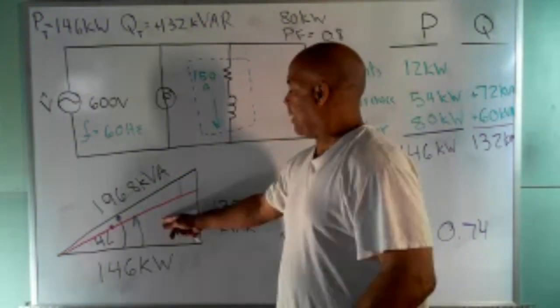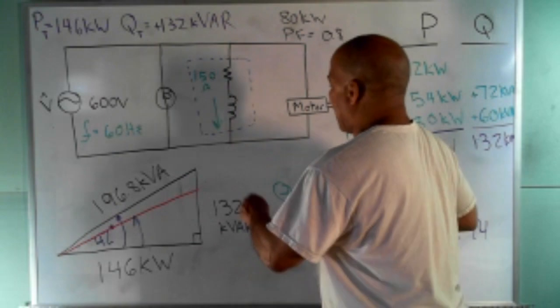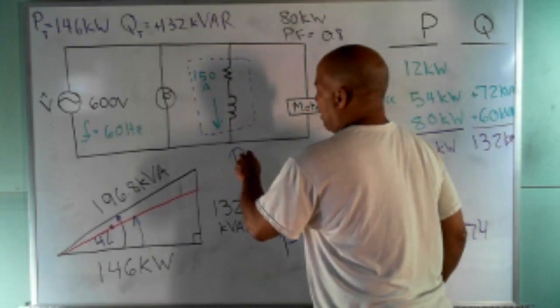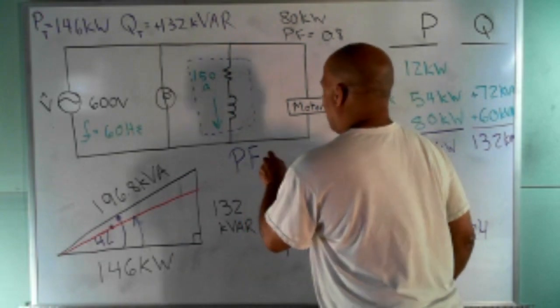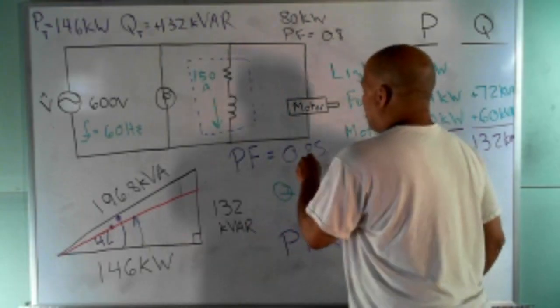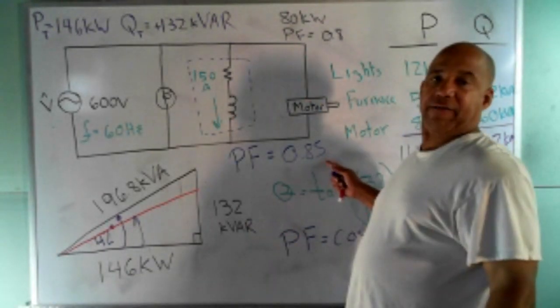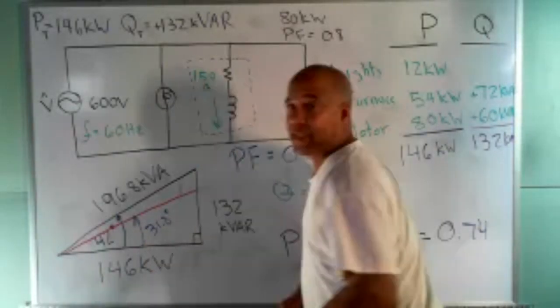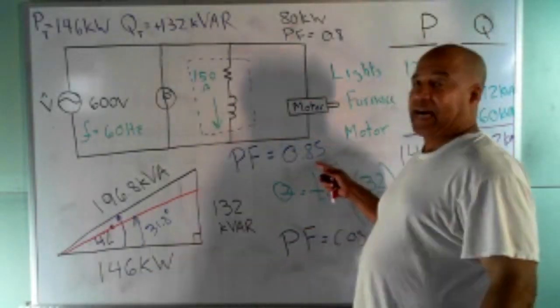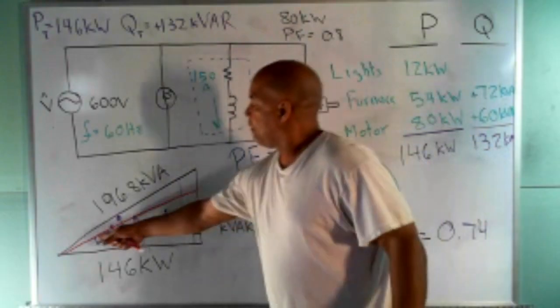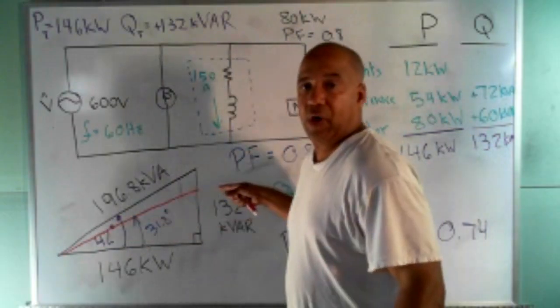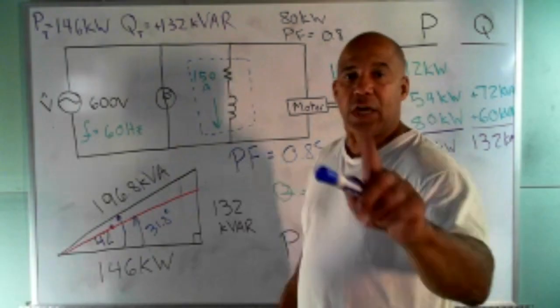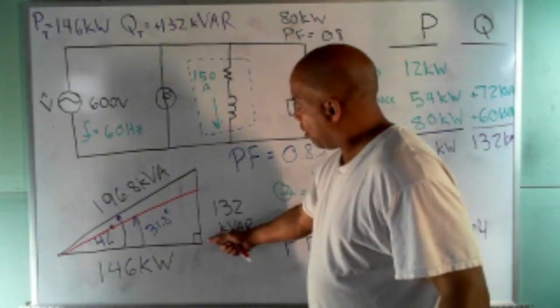And that new angle is going to be, well, my power factor is going to be 0.85. What angle is associated with 0.85? Figure that out for me. What angle is associated with 0.85? So you do what? 31.8 degrees. 31.8 degrees. Everybody see what he did? He took the inverse cosine of this to get the angle for that new triangle that we want that I'm showing in red. So here's what you got to do. On this